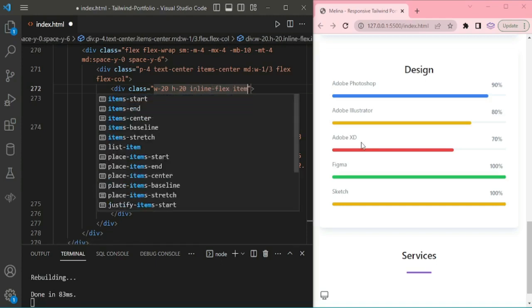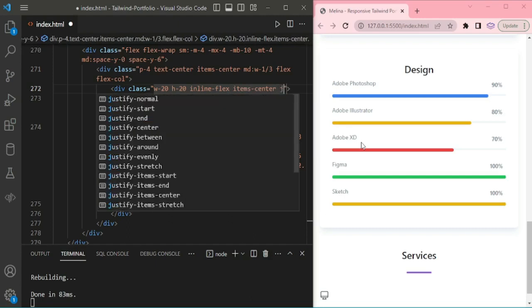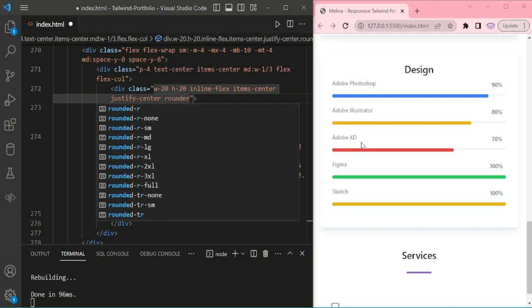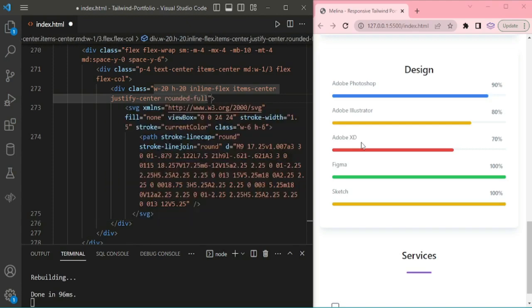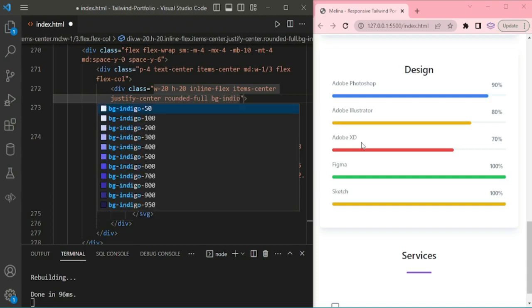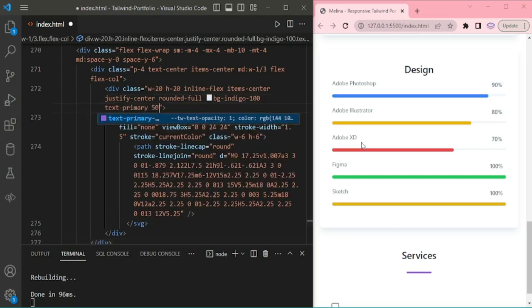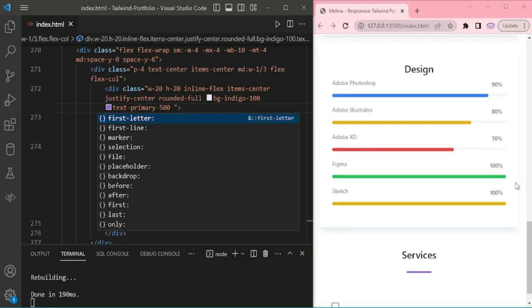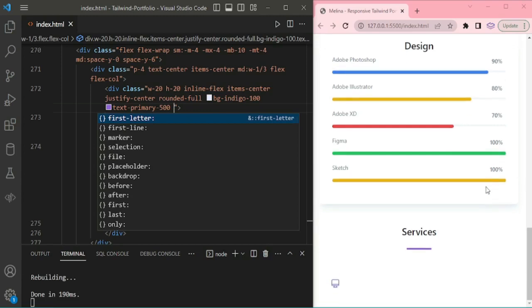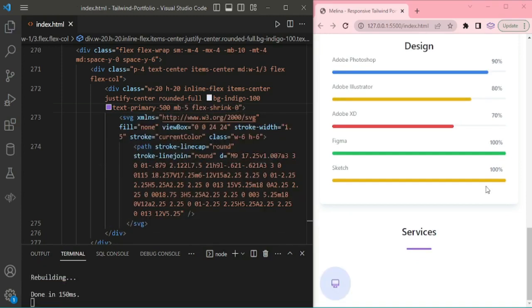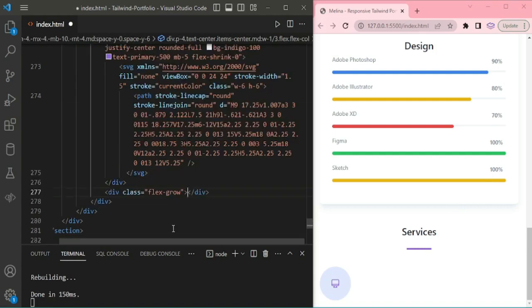Inline flex, height 20, width 20, items center, justify center, the rounded full, bg indigo, and the text primary 500, margin bottom 5, flex shrink, the flex grow,